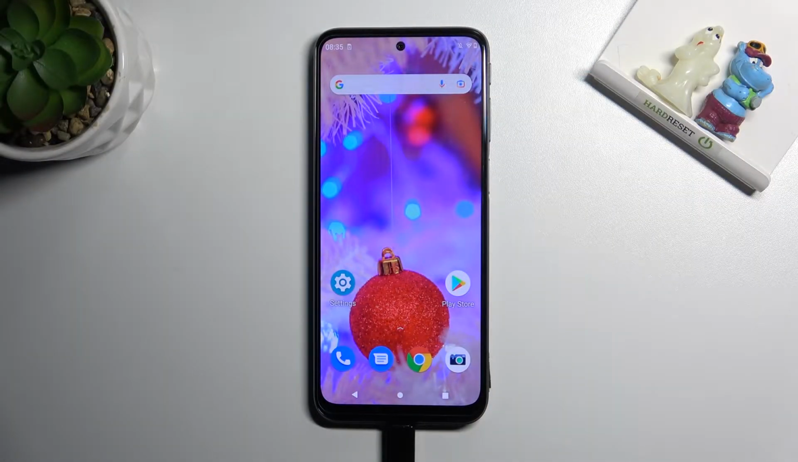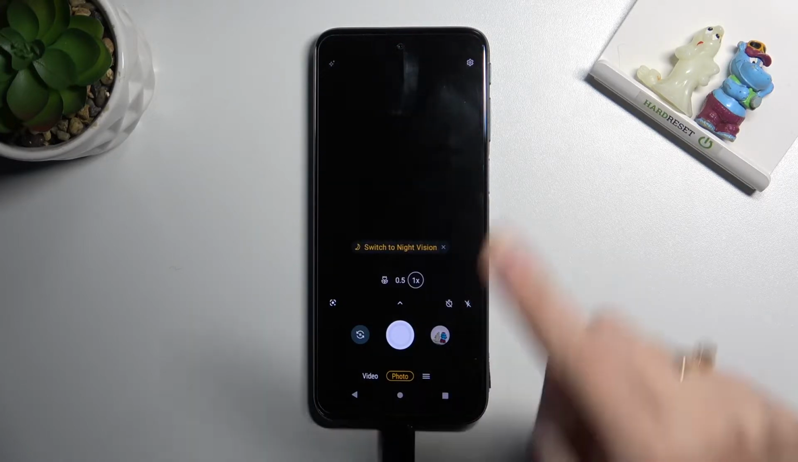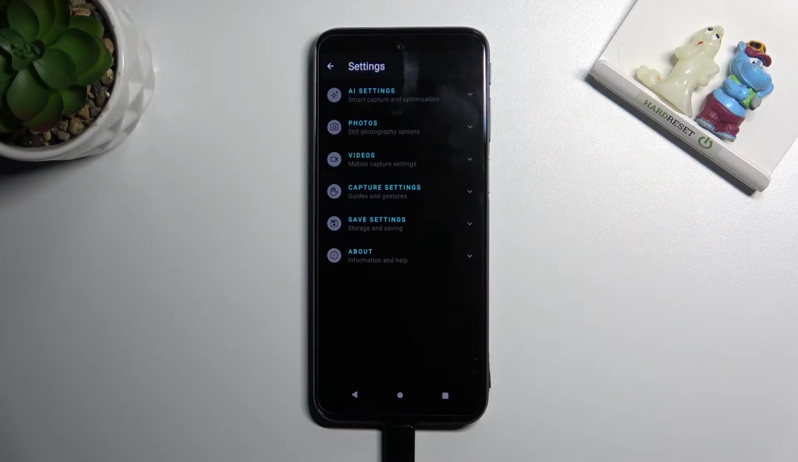Welcome, here I've got Motorola Moto G31 and let me show you how to turn on and off camera grid lines on this device. So let's start by tapping on camera button to open it, and for now we are on standard photo mode. From here let's go to right corner button so we can open camera settings, and now